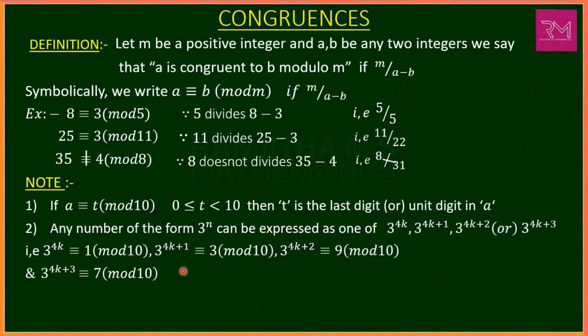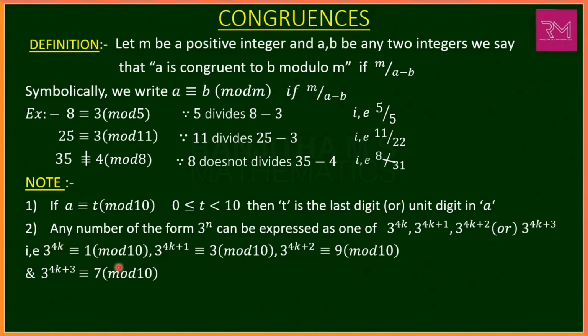3 power 4k plus 3 is congruent to 7 modulo 10. Here this is a very important note. You have to remember this note. That is, they will give one value, that is 3 power n. So we have to find the last digit or unit digit for this value. We can express 3 power n in any one of these forms, that is 3 power 4k, 3 power 4k plus 1, 3 power 4k plus 2, or 3 power 4k plus 3, and we can easily find the congruence